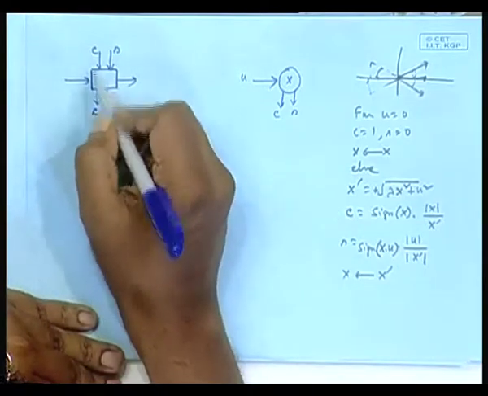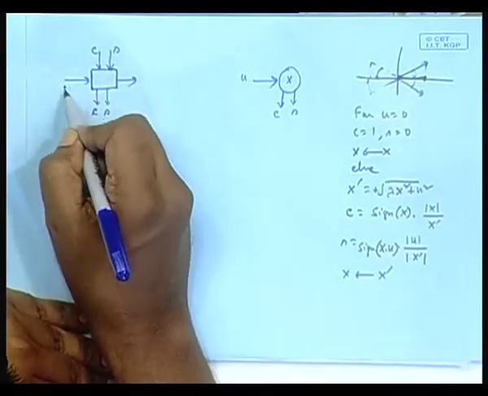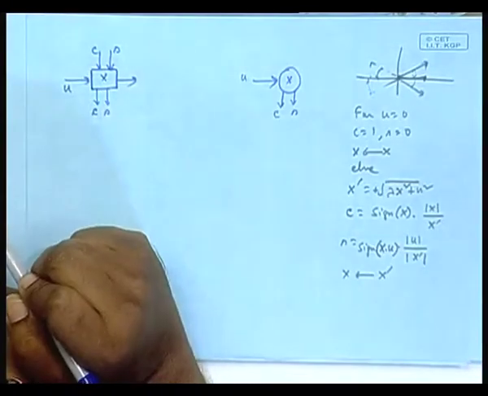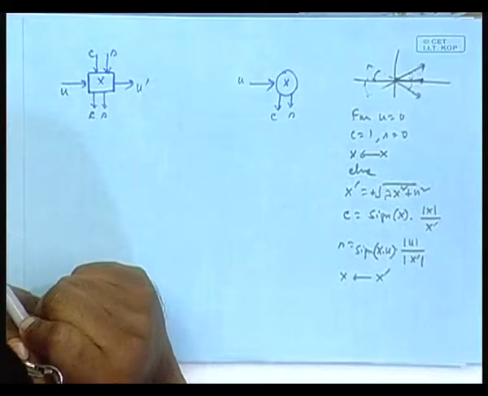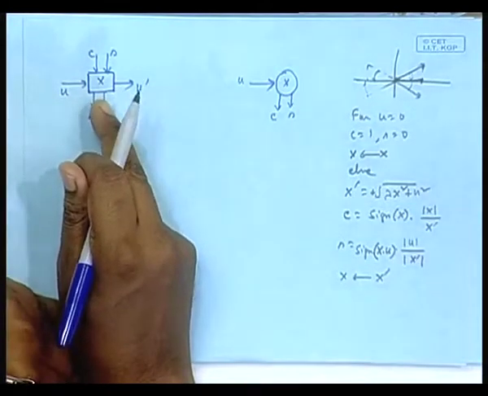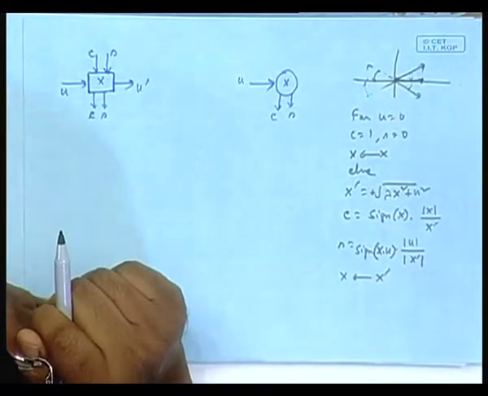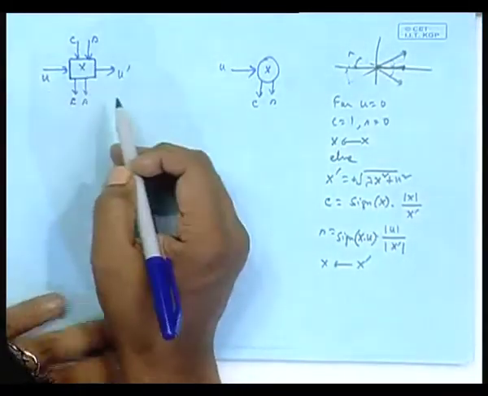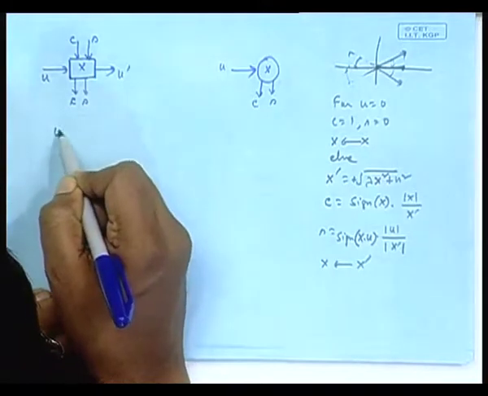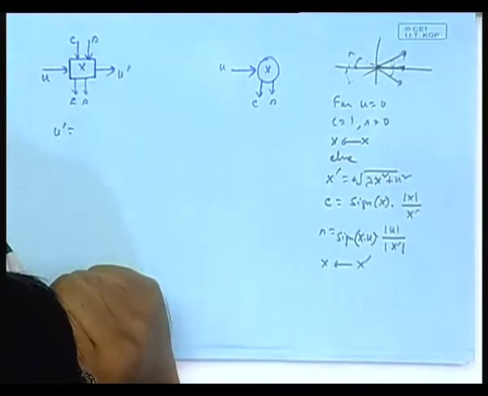So, along this line no processing. If a U comes and if it stores a value x, U prime will come out and x will be replaced by x prime. What are those things? What does it do? What is U prime in terms of all this? U prime will be,